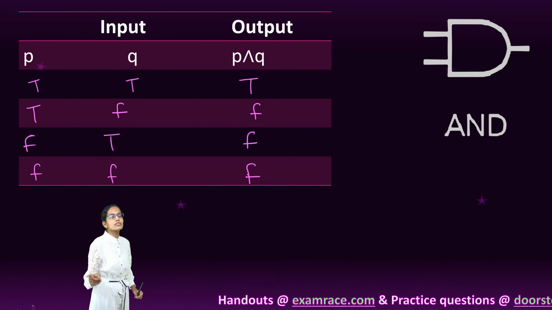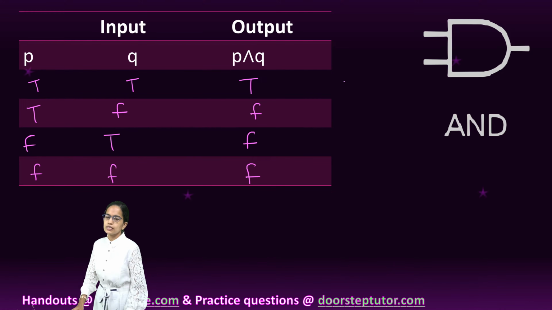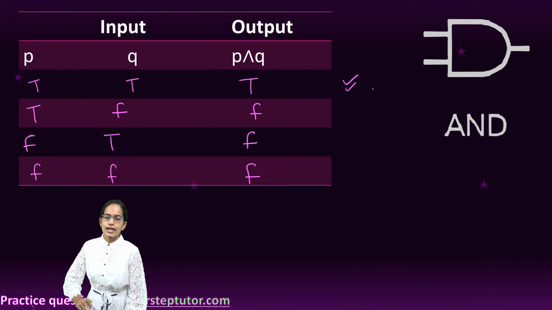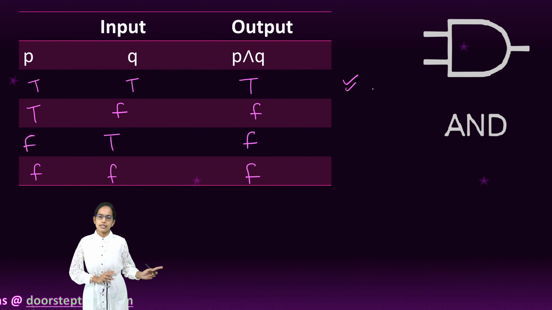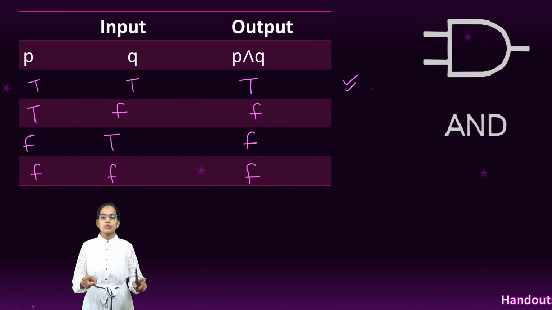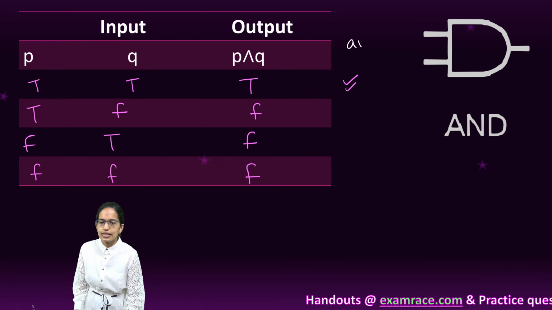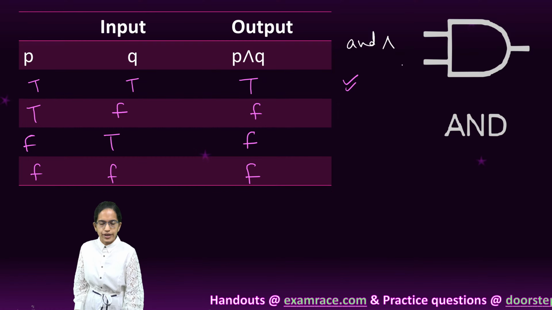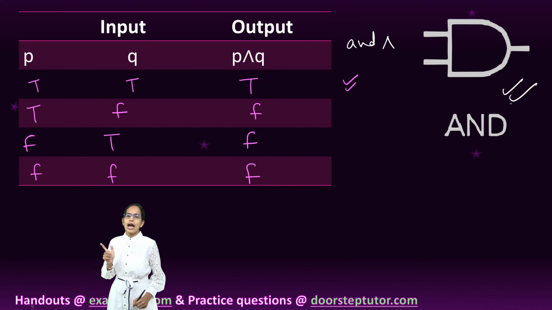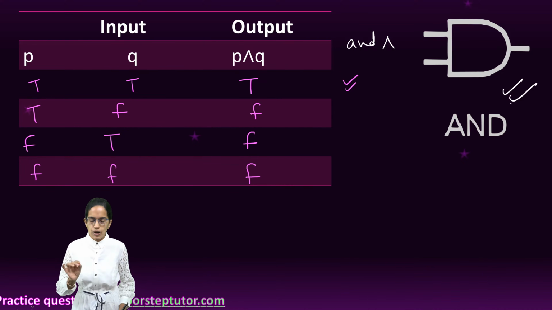So, you must go to school and you must complete your homework. That means both of the conditions are necessary. It's not that if either of those is fulfilled, then it is fine. Going to the school and completing the homework, both are required, and that is AND, represented with a wedge sign. The symbol, the notation for the logic gate remains the same, and in symbolic logic we use true false. Okay, so this was about AND.